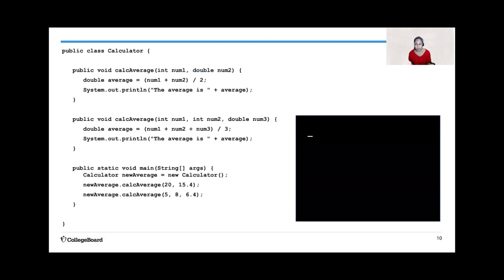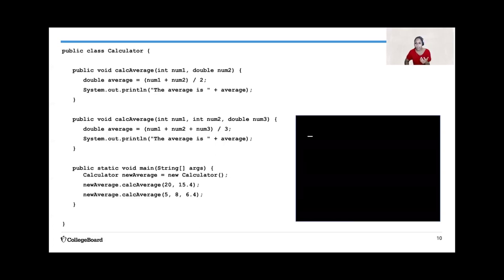I can also write multiple versions of the methods that I define, which is called overloading. So they have the same name but different parameters. So going back to my calculator example, I had a calcAverage that calculated the average of two numbers. But what if I wanted to calculate the average for three numbers? I can write two versions of that method with different parameters for each one,